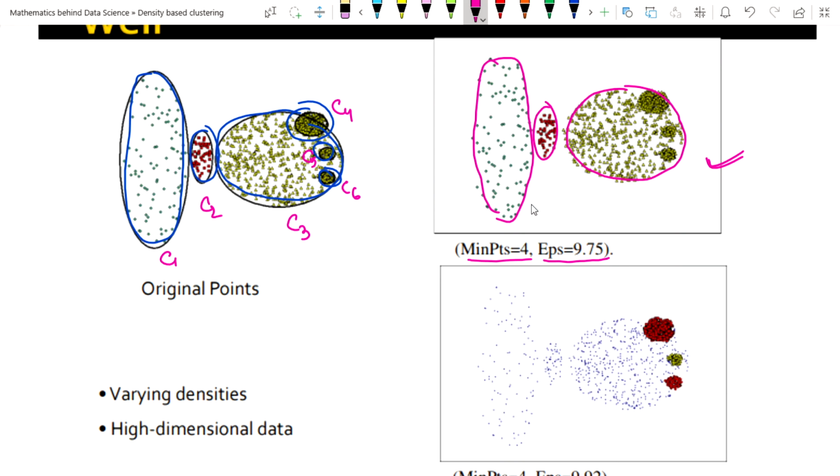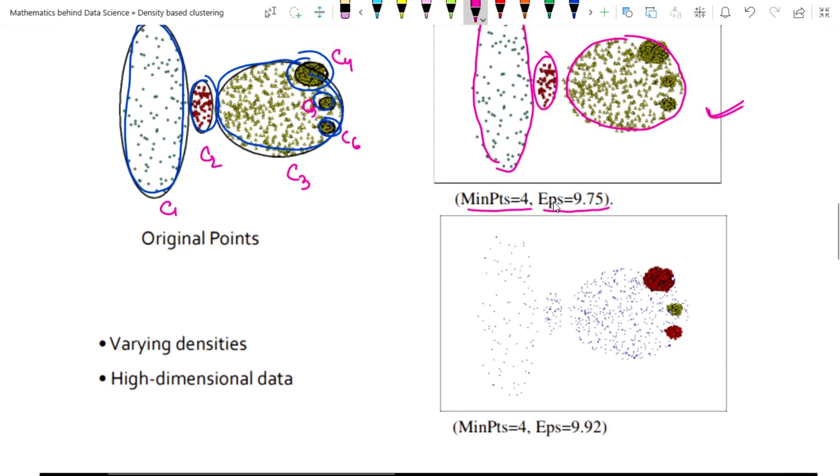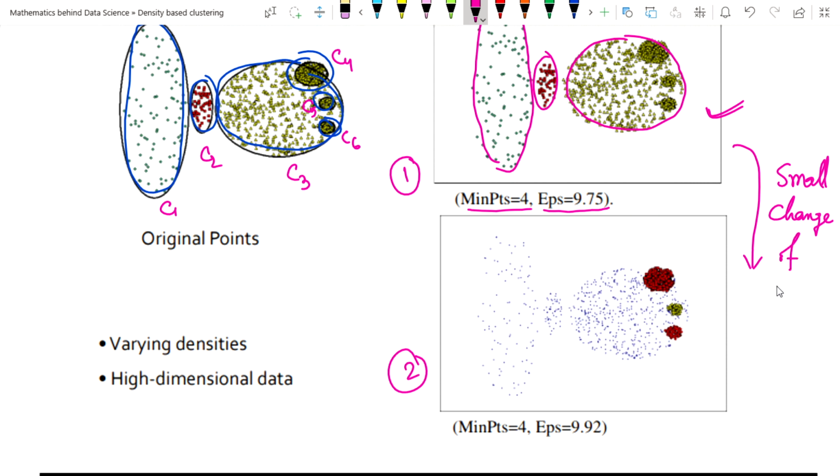But we make some small changes here. In the first case we chose epsilon equal to 9.75. In the second case we chose epsilon equal to 9.92. So just a small change of epsilon from here to here.